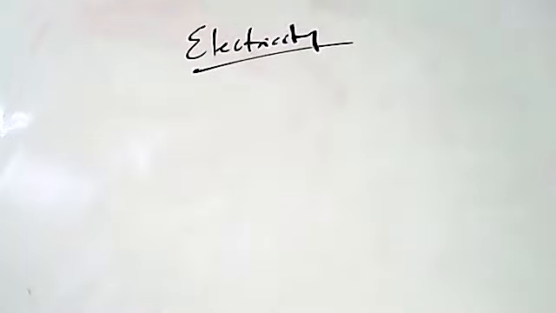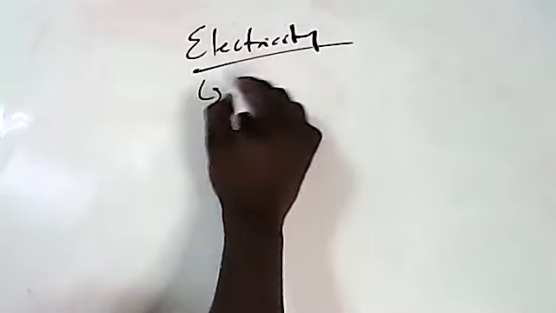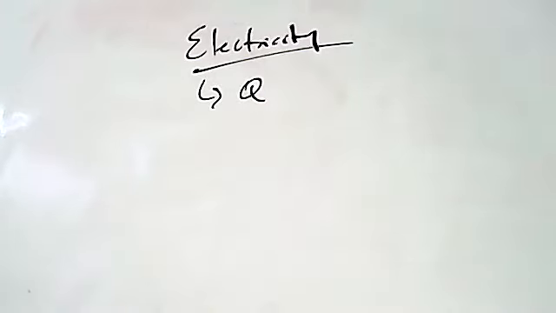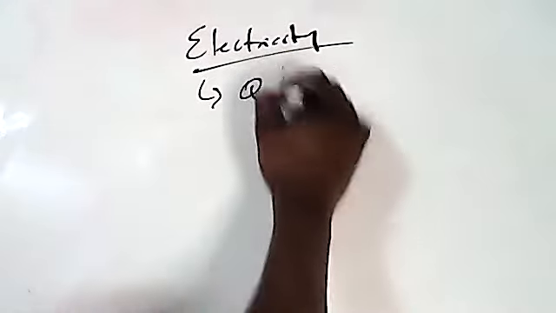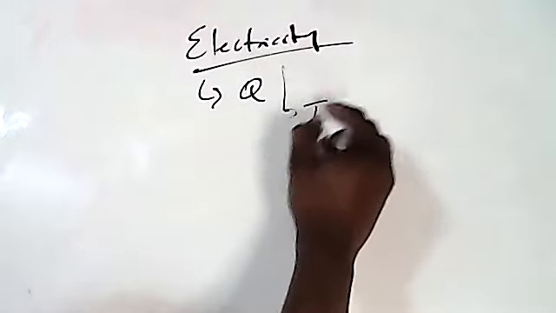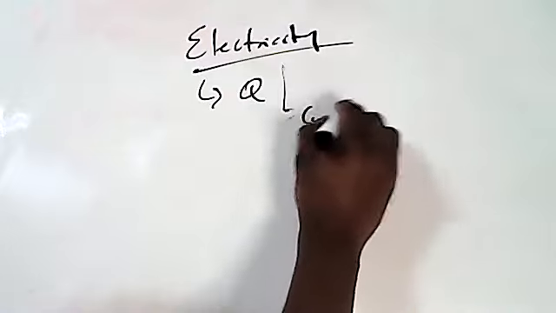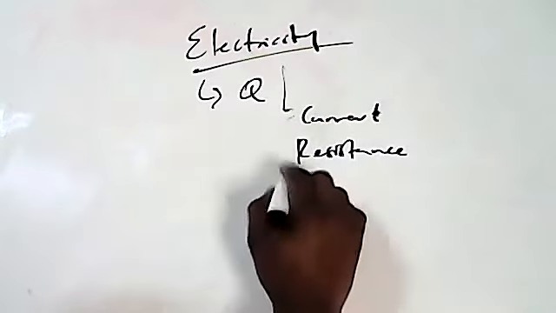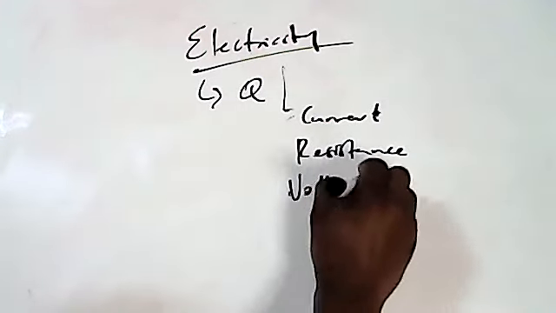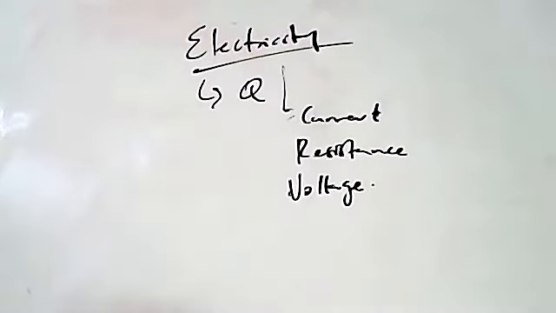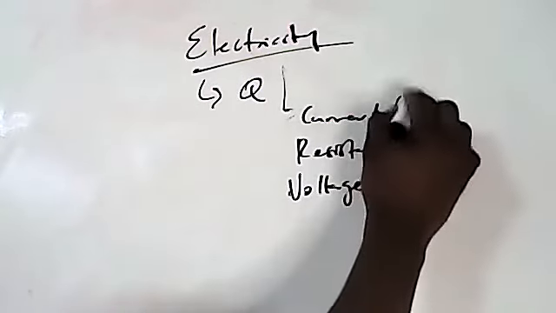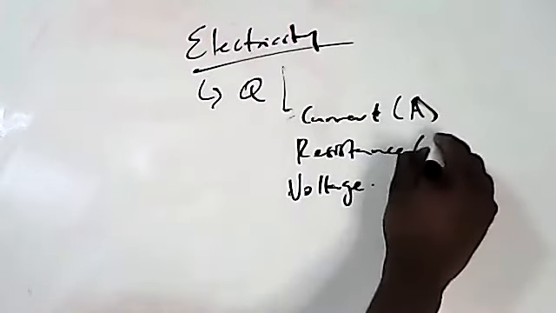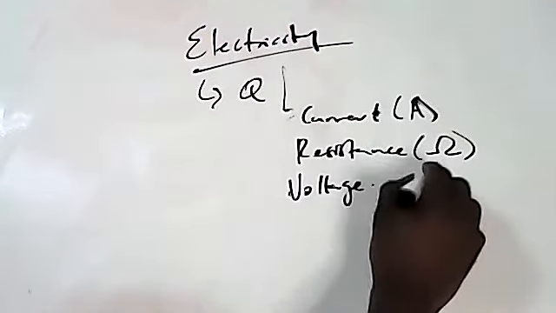So we know that electricity in simplest terms is just movement of what? Movement of charge, right? It is basically movement of charge. And we know that with electricity, there are three main important components that we are focusing on. Number one, we are focusing on the current. Number two, we are focusing on the resistance. And number three, we are focusing on the voltage or the potential difference, right? And we know that all of these three things have SI units. So the SI units for current is amperes, and then the resistance is ohms, and then for voltage, it's volts,